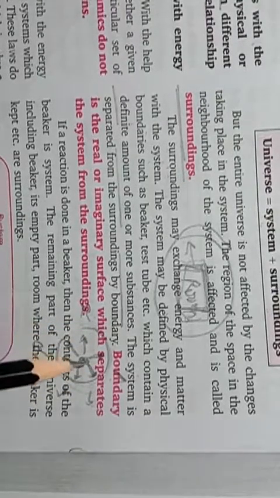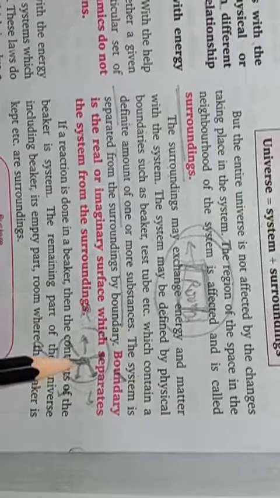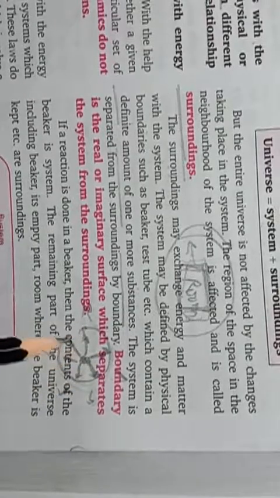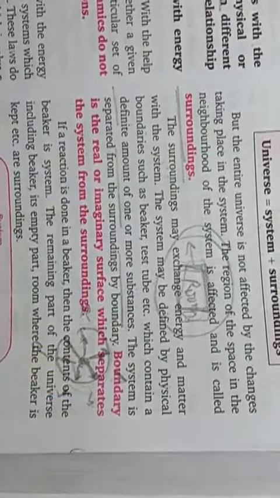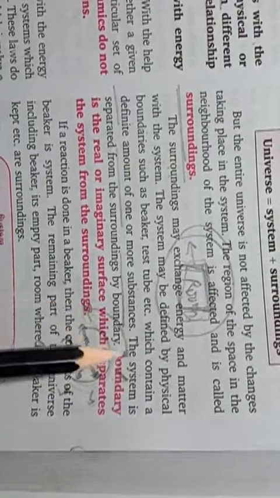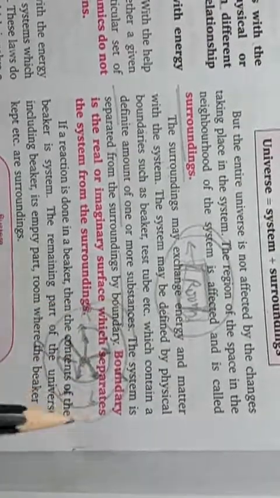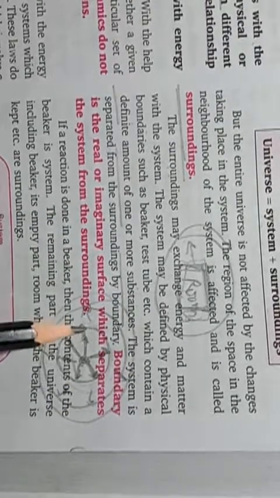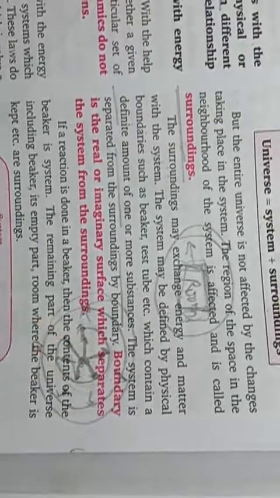Okay, students, because you are standing in a ground, and you are imagining that up to this distance there is a system, and you are a part of this system. So after this distance, the area of the universe will be known as surrounding. Okay, so here you are having an imaginary boundary for your system.